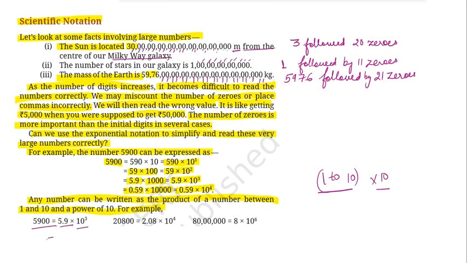राइट, आप इसको सॉल्व भी करके देखो. 5.9 और 10 टू द पावर ऑफ 3 का मतलब है 1000. जब आप मल्टीप्लाई करोगे तो क्या होगा, 5,900 आ जाएगा. सिमिलरली 20,800 हमने क्या किया, यहाँ पे डेसिमल लगा दिया. सो यू विल हैव पुट 2.08 और कितने प्लेसेस पे पहले लगाया, तो हमें इसे 10 टू द पावर ऑफ 4 से मल्टीप्लाई करना पड़ेगा. Similarly for this 80 lakhs, so 8 has been followed by 6 zeros, so we can write 8 into 10 to the power of 6. So haven't we converted all the numbers जिसमें आपका जो पहला टर्म है वो 1 to 10 के बीच में वेरिएबल है, and then we have the powers of 10.